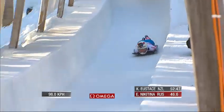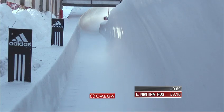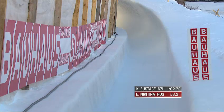5/10 back already, and with only 98 kilometers an hour speed coming out of Horseshoe, she doesn't stand a chance of finding that speed at the bottom of the track. It's just impossible to get it back. We don't have an engine. We don't have an accelerating device other than gravity, and you just can't make it up if you bleed it